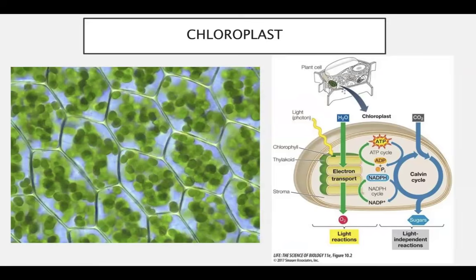which is where the light dependent reactions happen. Your light dependent reactions happen in the thylakoids because your thylakoids are where your chlorophyll is located, and the chlorophyll is able to absorb light from the environment. The stroma is the fluid surrounding the thylakoid. You can think of the stroma as the cytosol of the chloroplast. Within the stroma is where the light independent reaction, or the Calvin cycle, occurs. So light dependent reactions occur in the thylakoid of the chloroplast, and light independent reactions occur in the stroma of the chloroplast.